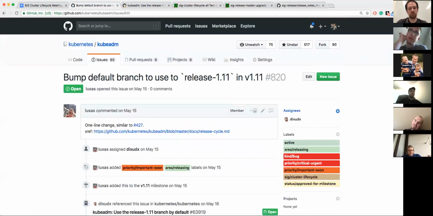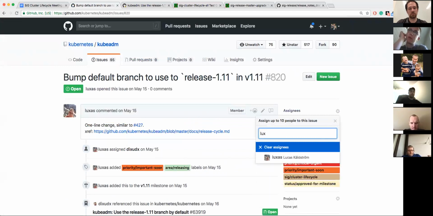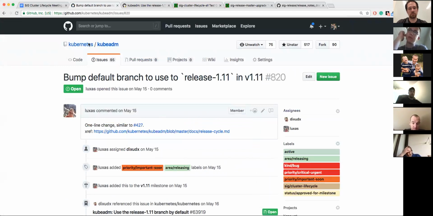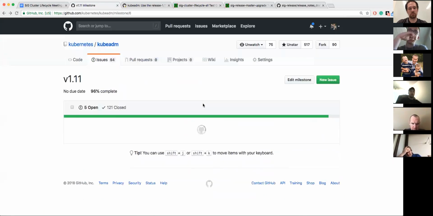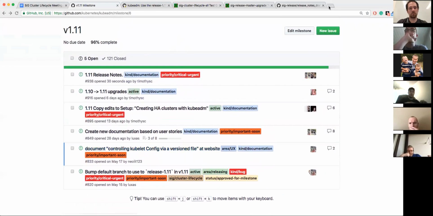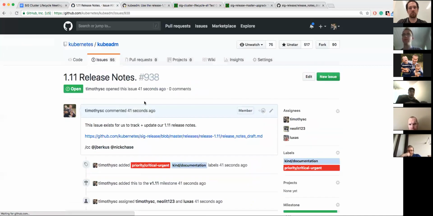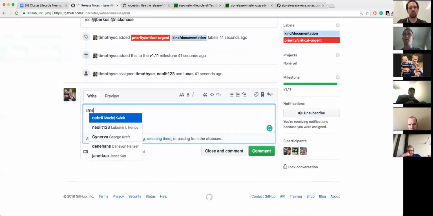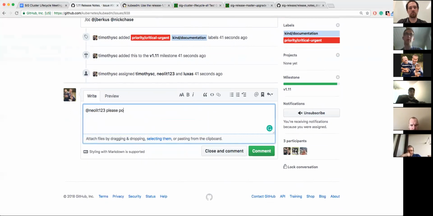The document kubelet controlling stuff has a PR, so that is okay. And pretty much everything else. So I think we're in really good shape. As you saw, I also sent one or two bug fixes yesterday, so should be fine. All right, I can't think of anything else for this release.